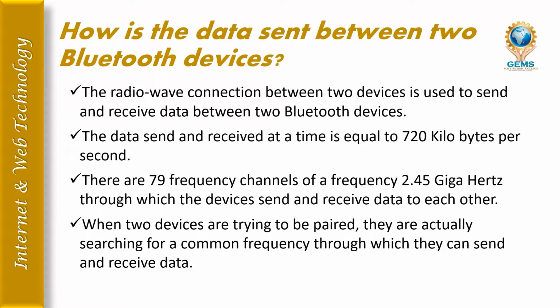How is the data sent between two Bluetooth devices? The radio wave connection between two devices is used to send and receive data. Sharing the data between two Bluetooth devices is helped by the radio wave connections. The data sent and received at a time is equal to 720 kilobytes per second. There are 79 frequency channels around the frequency of 2.45 gigahertz, through which the devices send and receive data